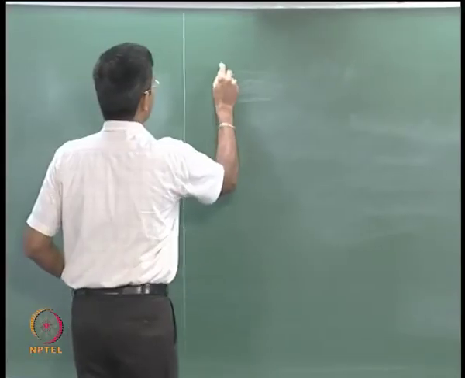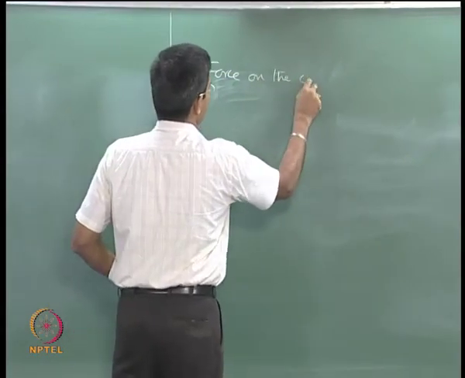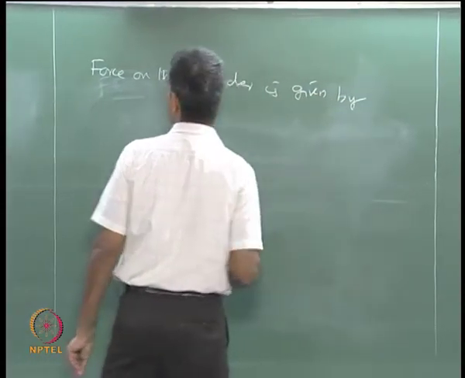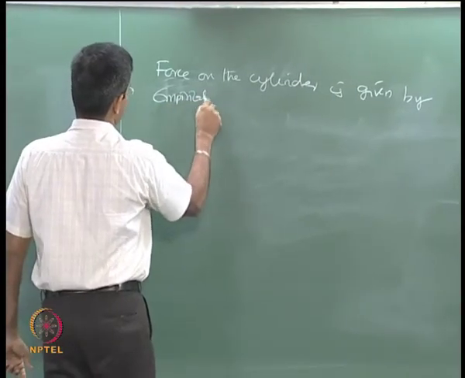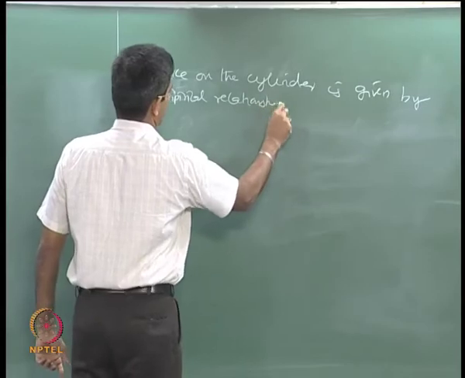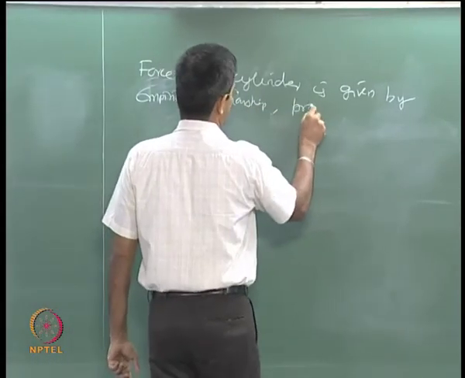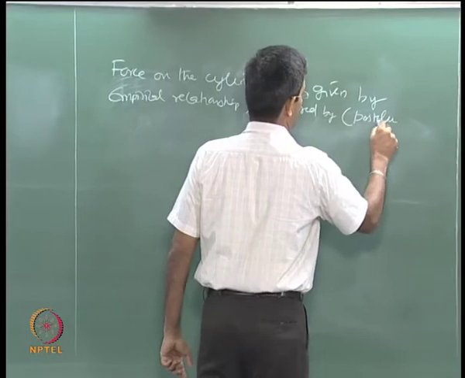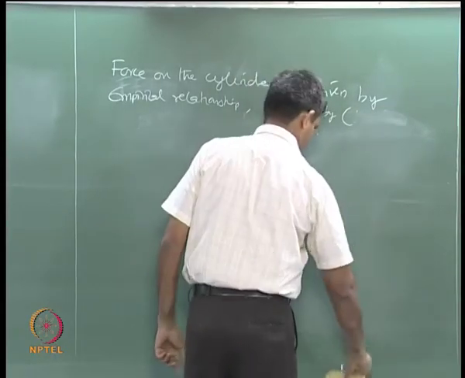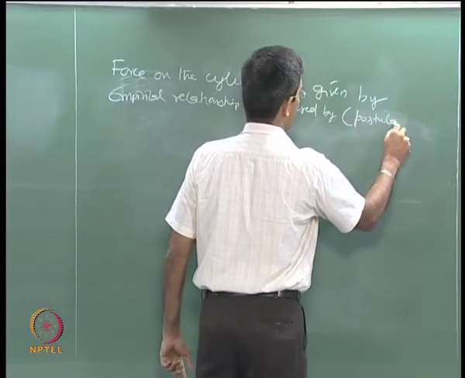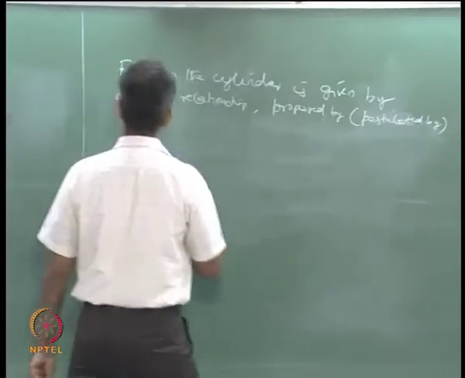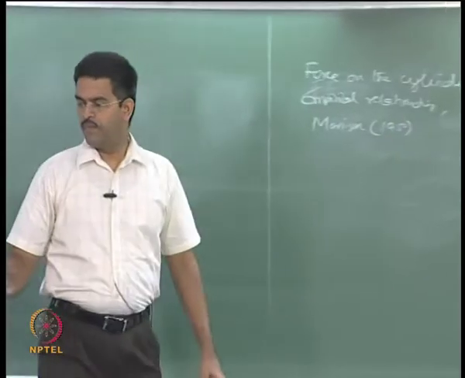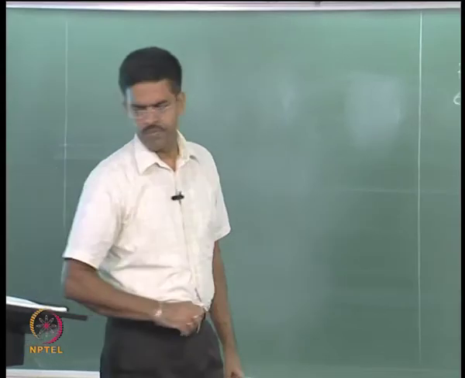So, we already know the force on the cylinder is essentially given by an empirical relationship proposed by, or I should say postulated by, Morrison in the year 1950. So, the reference is